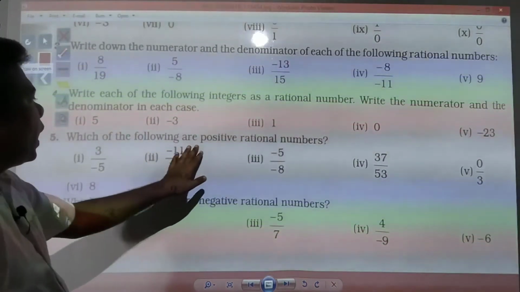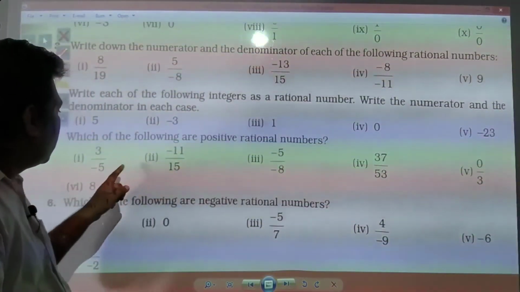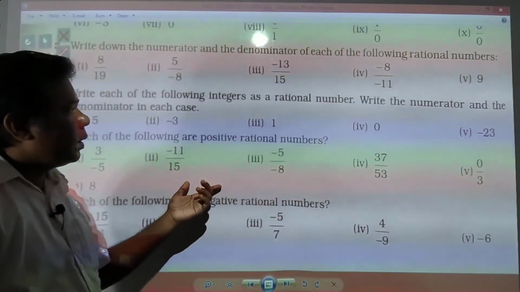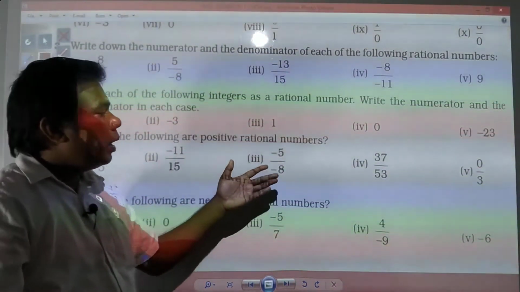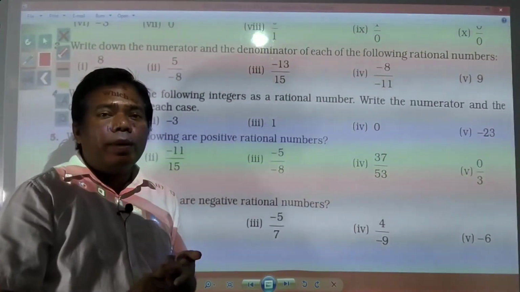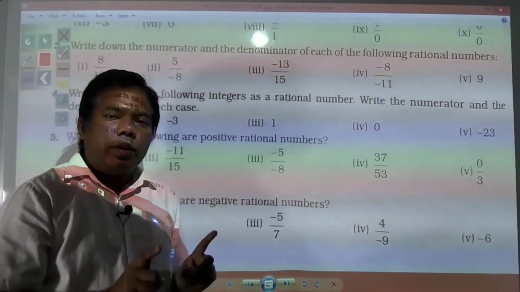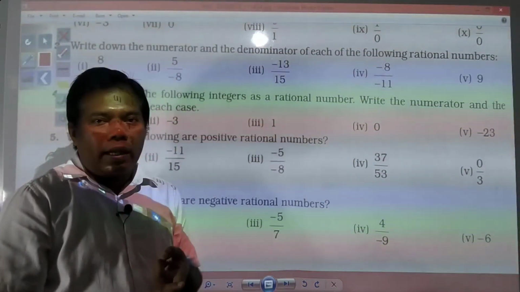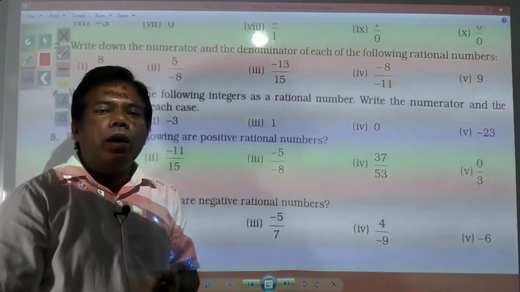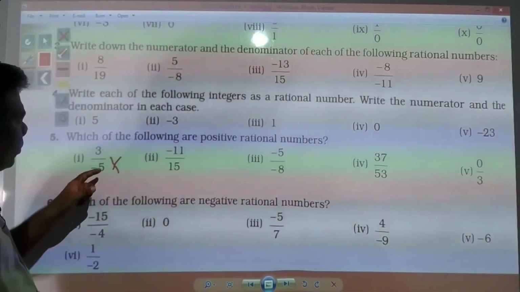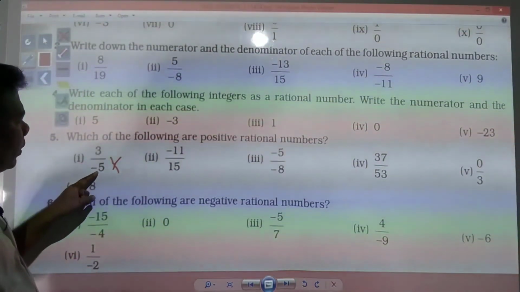which of the following are positive rational numbers? Here you need to see which type of rational numbers are called positive rational numbers, where numerator and denominator both must be having same sign. Either numerator and denominator both should be positive or both should be negative, then those rational numbers will be called positive rational numbers. Here you see this is not a positive rational number, because here denominator you have negative and